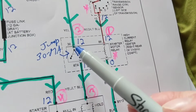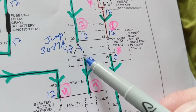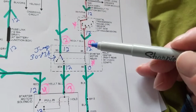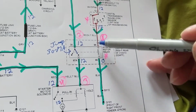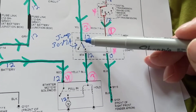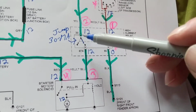I look at the relay, terminal 30, terminal 87. I know that is the contact, the switch. Do not jump this. When you're jumping this, there is no resistance in the circuit. You'll blow the fuse for sure. This is like a jumper. When I go and I jump from here to here,